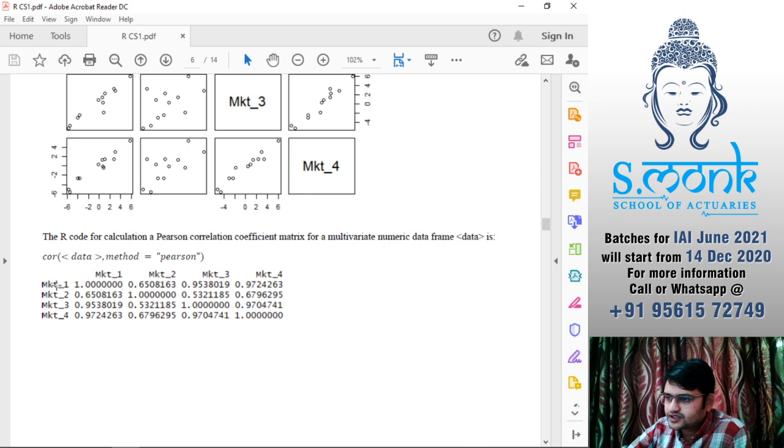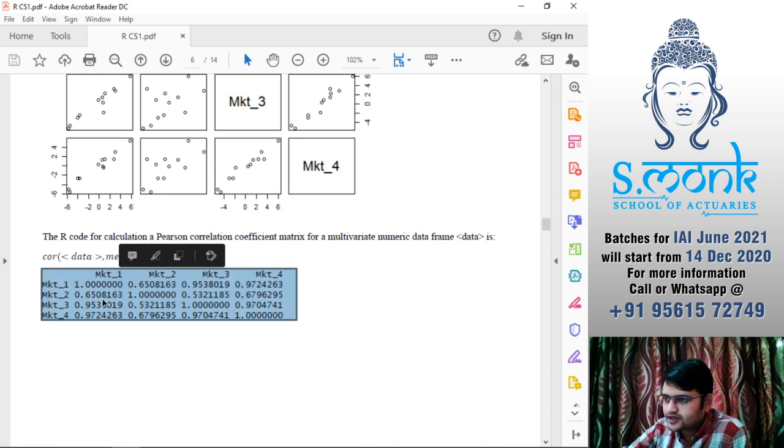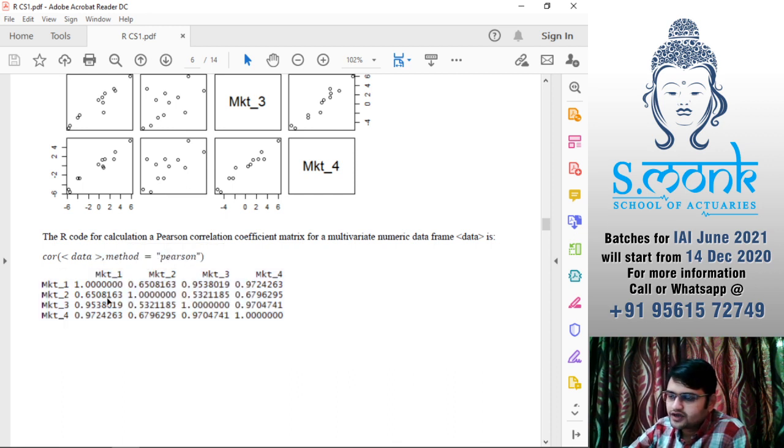Now here you can see that market 2 versus market 1, we have 0.65 as our R, but market 3 versus market 1 is 0.95, market 4 versus market 1, we have 0.97. So you can talk about the relationship between different markets just by looking at this correlation table.